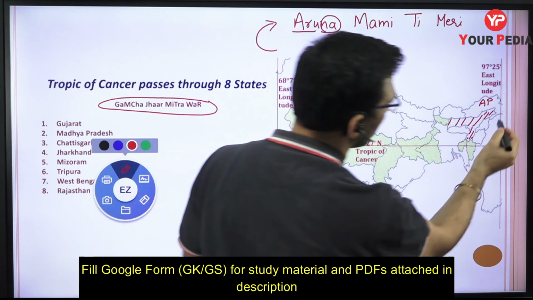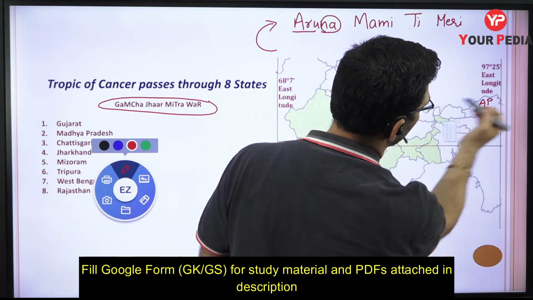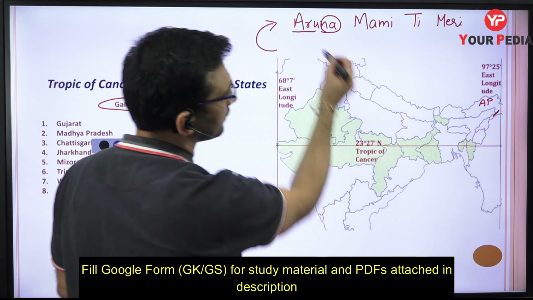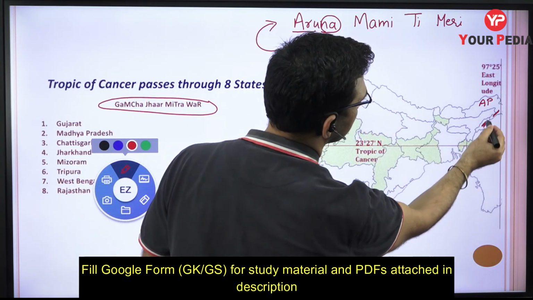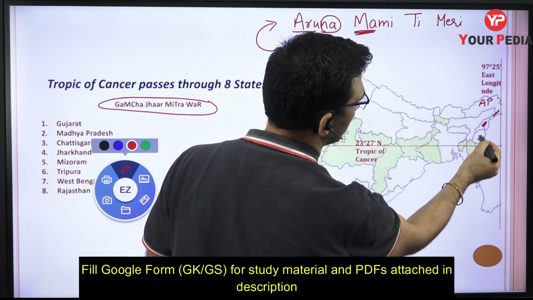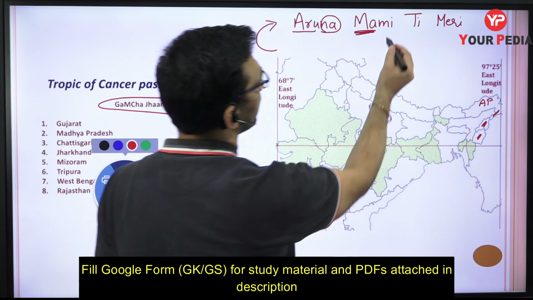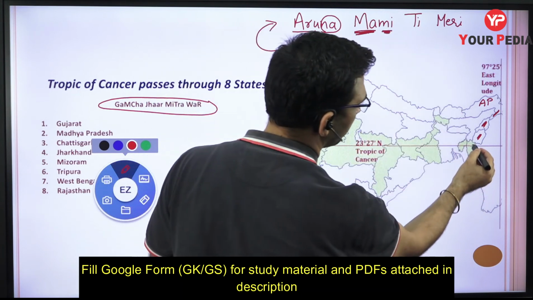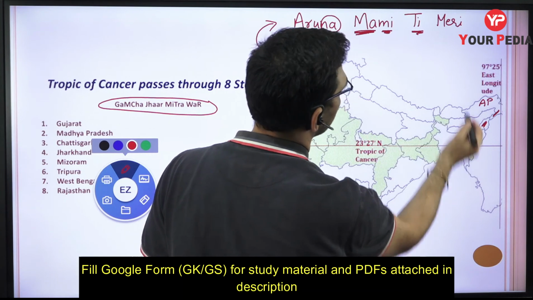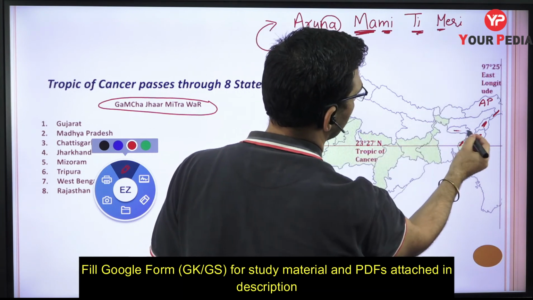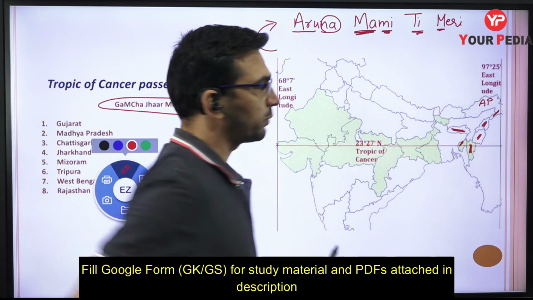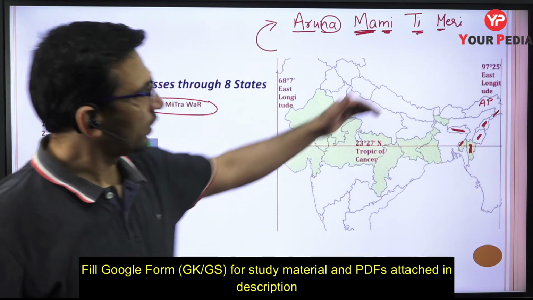So that means you are having this, I'm removing it now. Okay. So this is Arunachal Pradesh over here till here. Next one is Nagaland. This is Nagaland. The next one is Manipur. So this state is Manipur. Then you are having Mizoram. The next one is Tripura. Then next one is Meghalaya. So you can move in a clockwise direction, as you move from Arunachal Pradesh, then you move down clockwise and then you